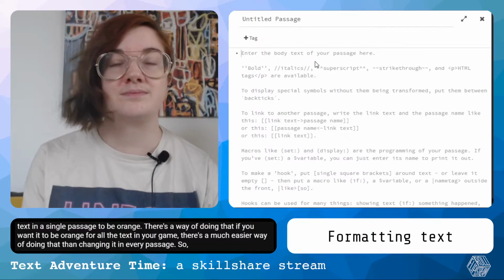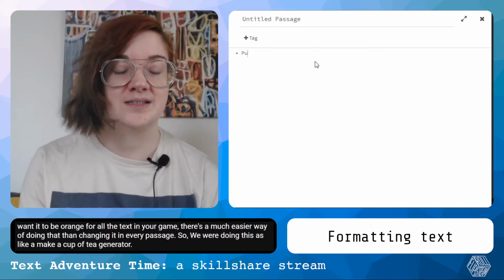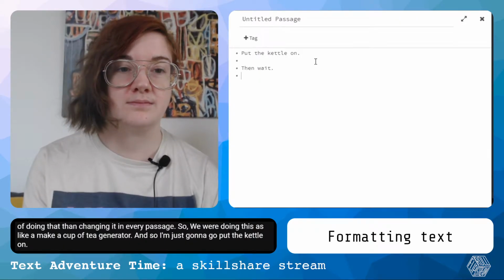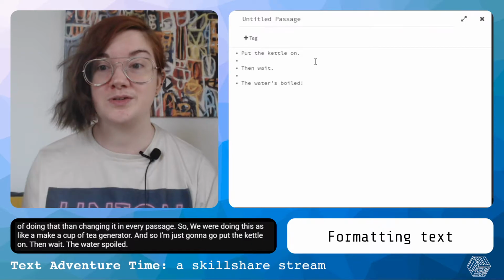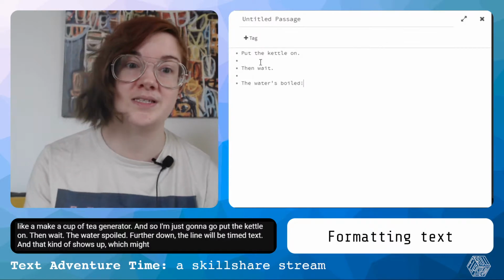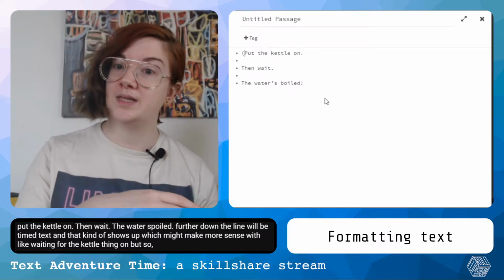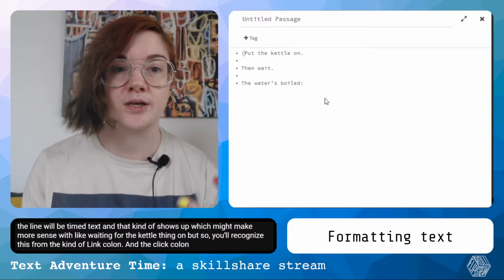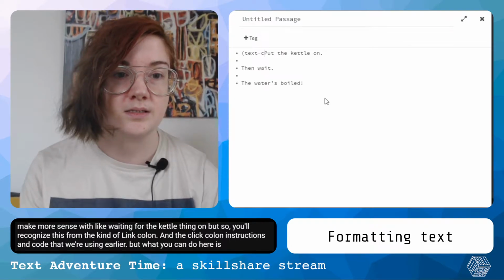We were doing this as a make a cup of tea generator. So I'm just going to put the kettle on, then wait. The water's boiled. Further down the line, we'll do timed text that shows up, which might make more sense with waiting for the kettle to be on. You'll recognize this from the link colon and click colon instructions and code that we were using earlier. But what you can do here is text color